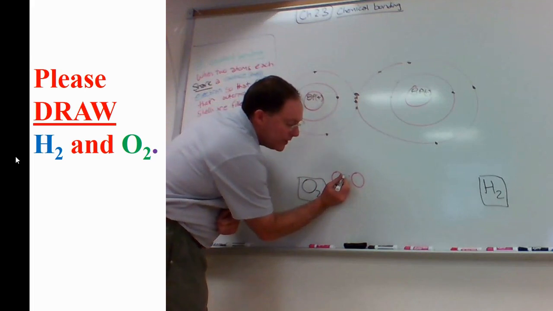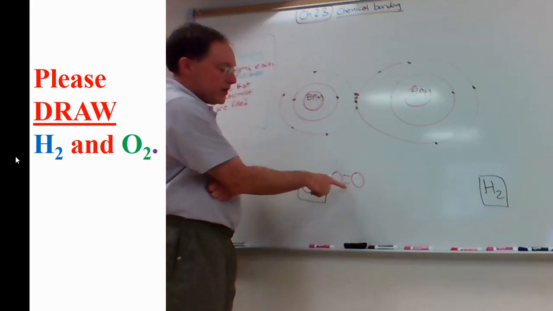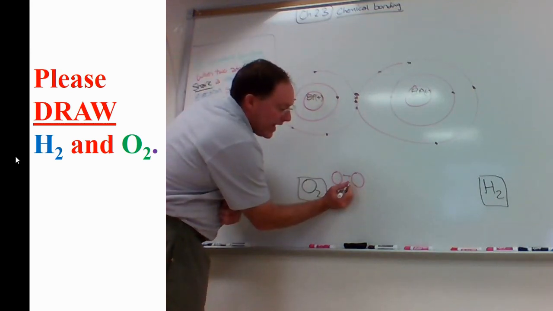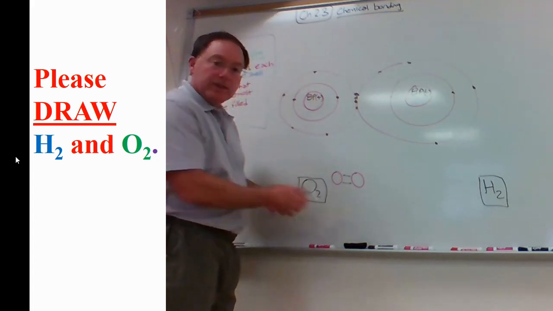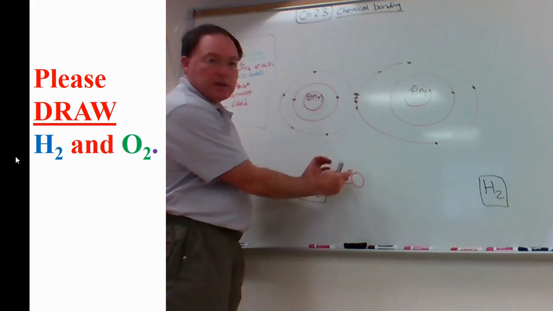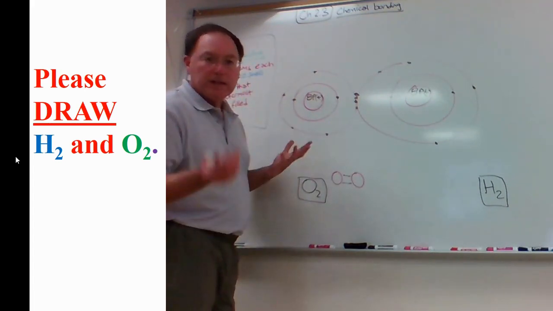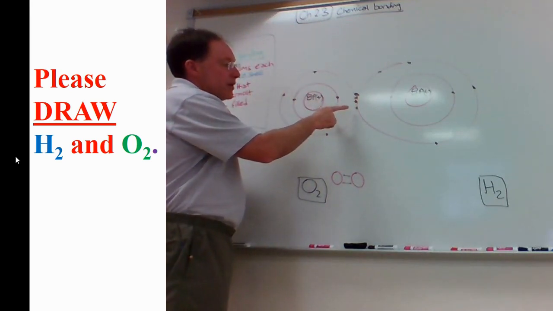And so the way that we show that is called the Lewis dot structure, and then I'm going to make this kind of stick diagram here, where I just draw a line between 2 electrons that are being shared. And you've seen this before, where there's like 2 sticks between maybe 2 plastic atoms that you've built in another class. So now let's count the number of electrons in the outermost shell